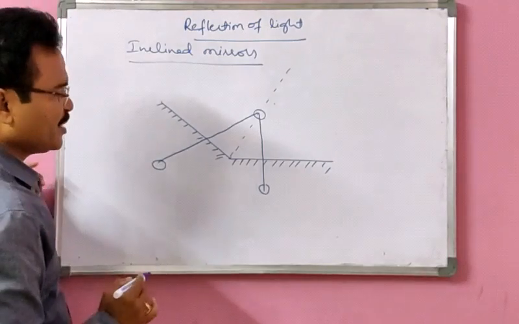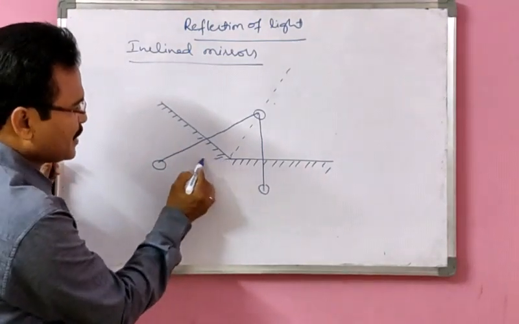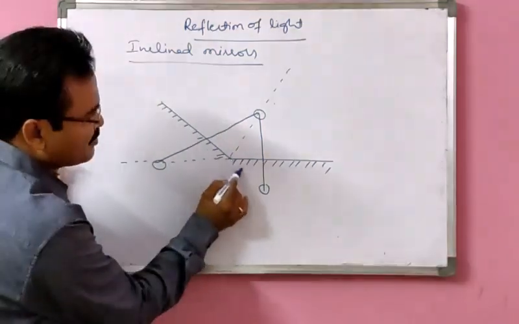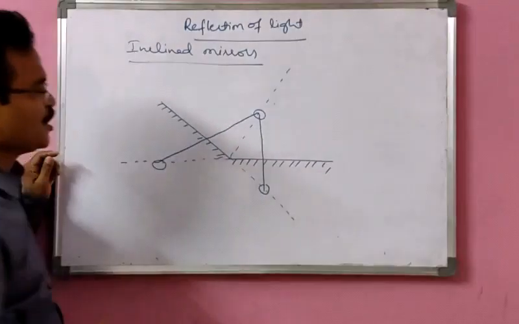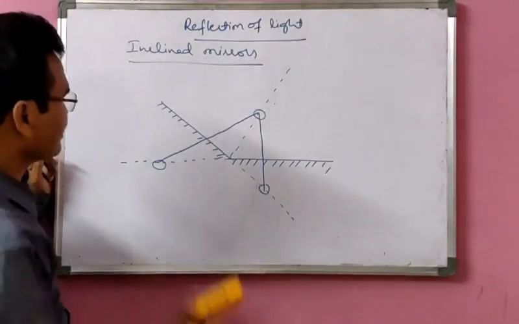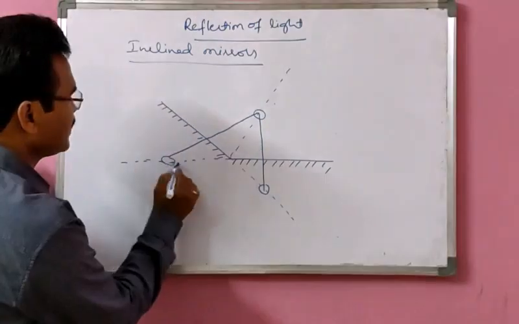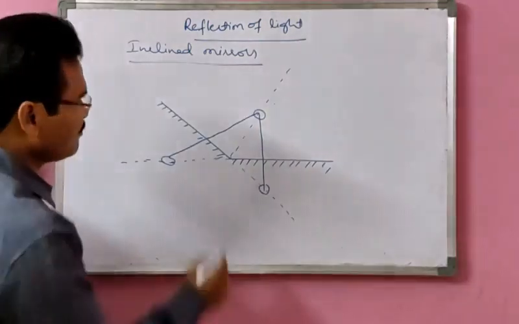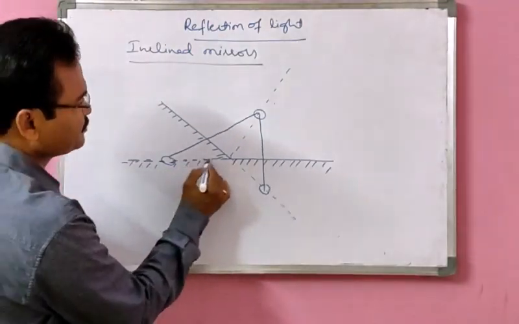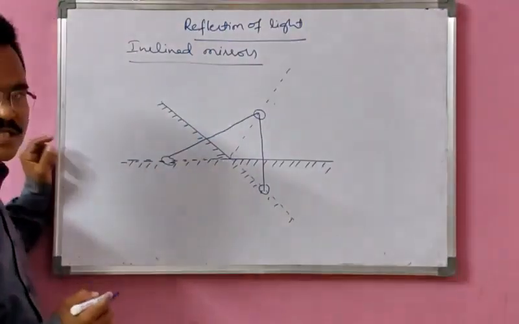This is the image formed here. And the image of this mirror on this one will be like this, and the image of this one in this mirror will be like this. Now you can see where the images are formed. Here the image is formed on the line of this mirror, so further images are not possible.